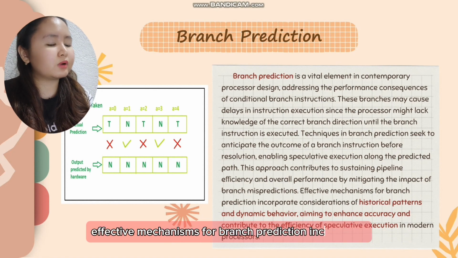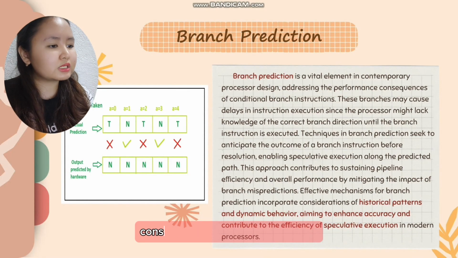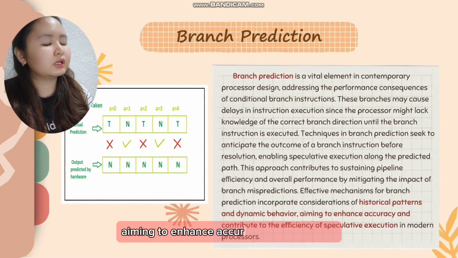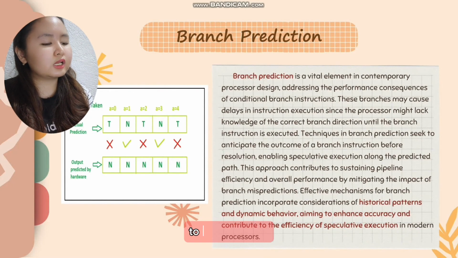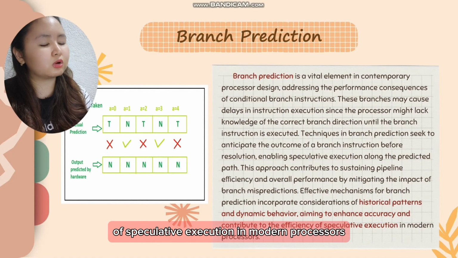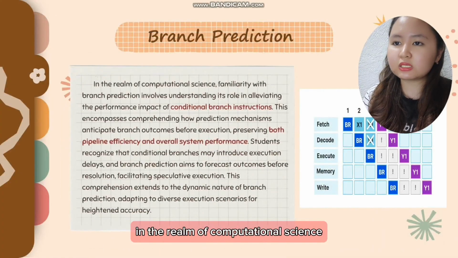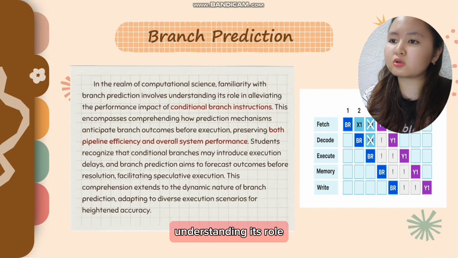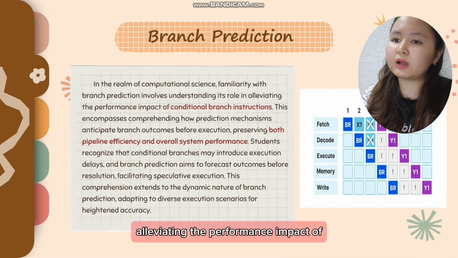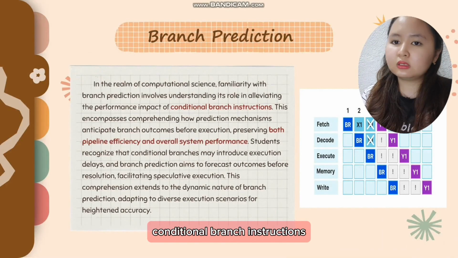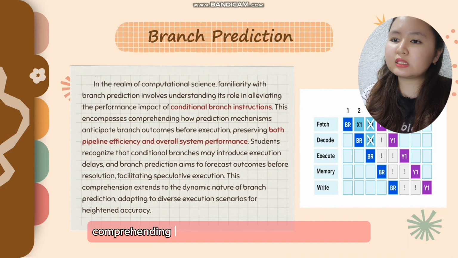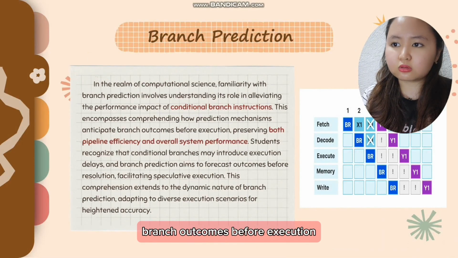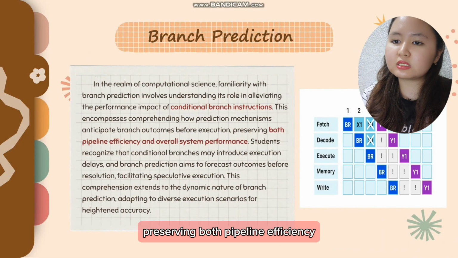Effective mechanisms for branch prediction incorporate considerations of historical patterns and dynamic behavior, aiming to enhance accuracy and contribute to the efficiency of speculative execution in modern processors. In the realm of computational science, familiarity with branch prediction involves understanding its role in alleviating the performance impact of conditional branch instructions. This encompasses comprehending how prediction mechanisms anticipate branch outcomes before execution, preserving both pipeline efficiency and overall